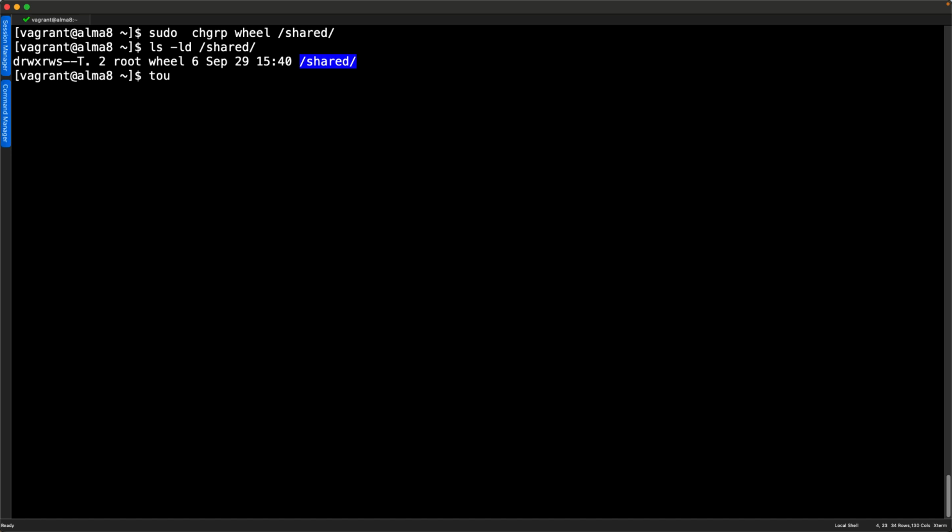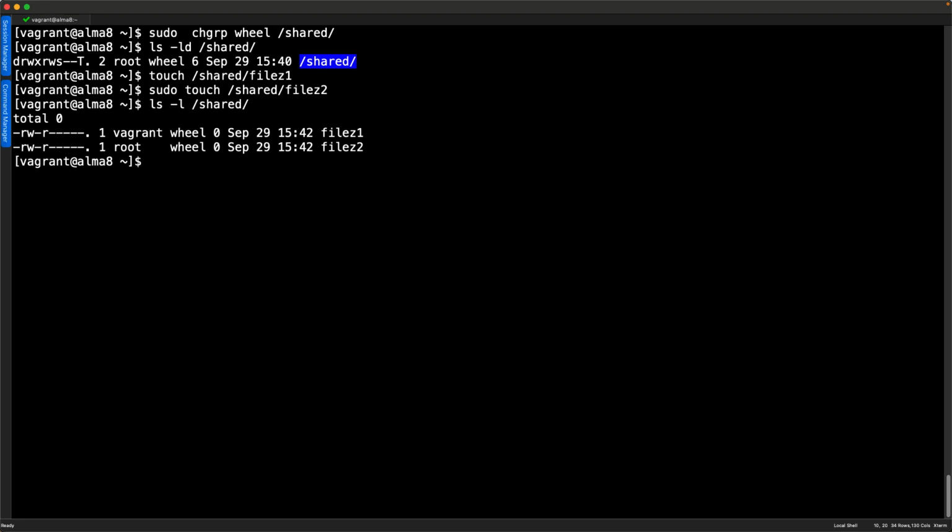If I go through then as my user, I belong to the wheel group, I can touch /shared, file 1, or files 1, it doesn't really matter. If I use sudo and touch, we're working as root, and I can then up arrow key and then change this to, say, files 2. If I look now with a long listing, and this is where the magic is really going to be, when I look at that shared directory, the permissions are set correctly, read, write, and read. We're not giving any permissions to others. So our security is working from the outset.